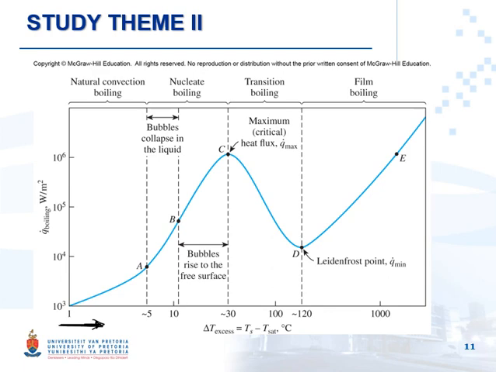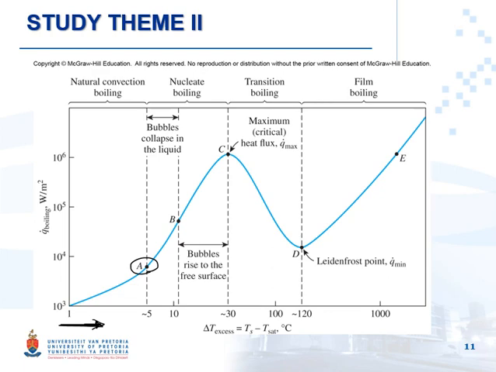When that happens, the fluid motion in this condition will be due to natural convection currents, and heat transfer from the heating surface to the fluid is by natural convection. As you can see in the picture, natural convection boiling ends at point A, which has the excess temperature of 5 Celsius. Between point A and point C, which is nucleate boiling,